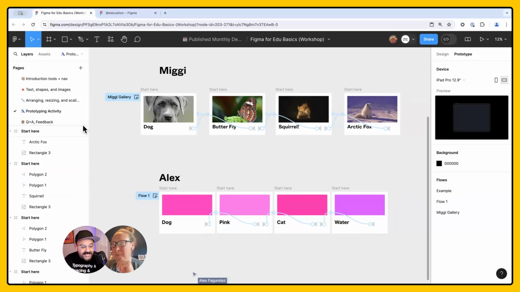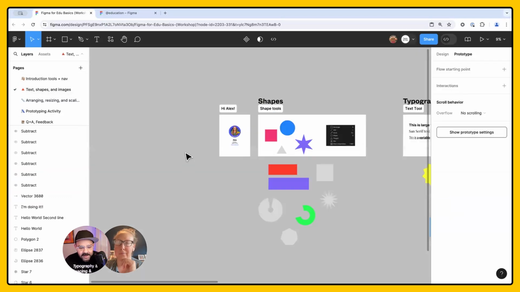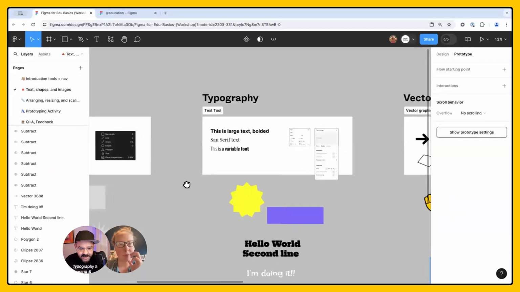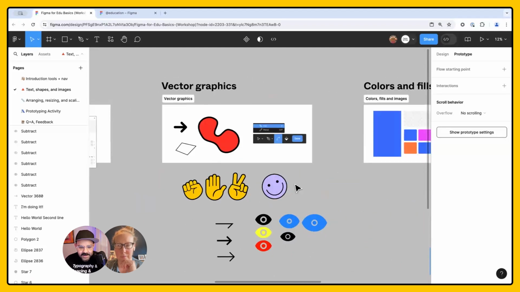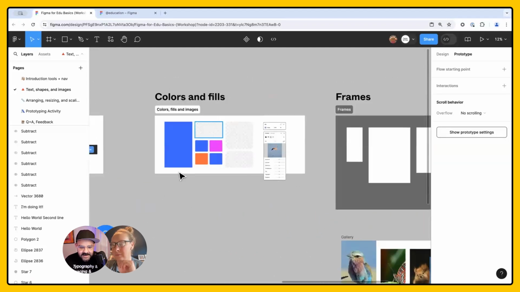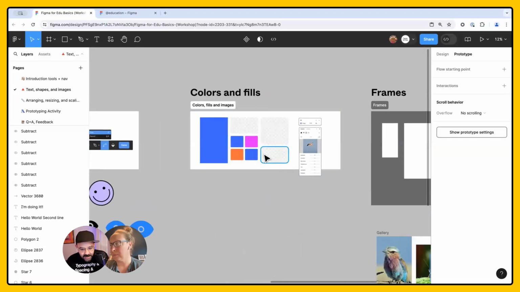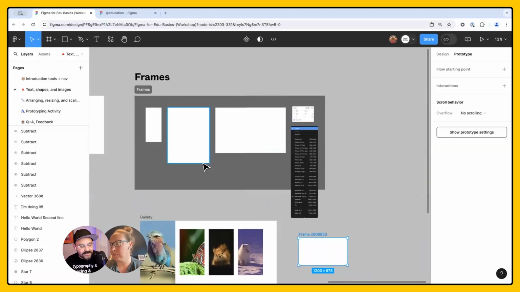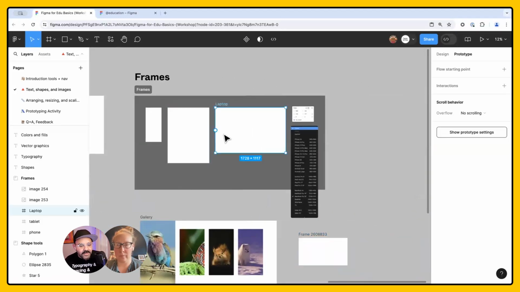So, basically, what I want y'all to think about is Figma demystified, right? We're creating shapes, we're creating text, we're adding in vector graphics, we're filling the shapes, text, and vector graphics with color, with imagery. We're placing them inside of frames. Those frames can be representative of a paper document or a phone or a tablet or digital device, right?